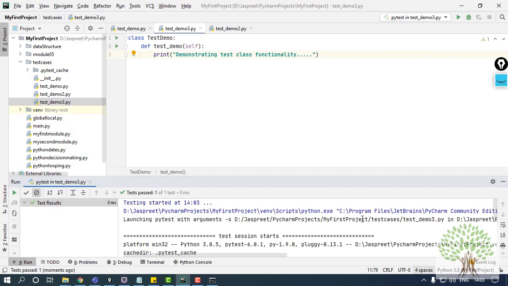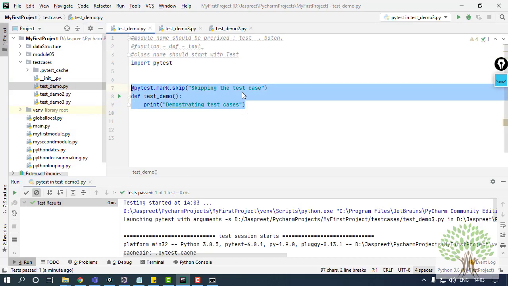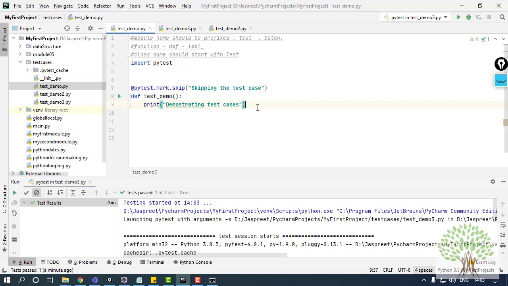So this was how you can create your test cases. You can create as many test cases, as many modules as you want. In a single module, if you want to create 50 test cases, you can. There is no restriction over it. Just that you need to know which test case you want to run. Like over here in this module, I have one test case written.